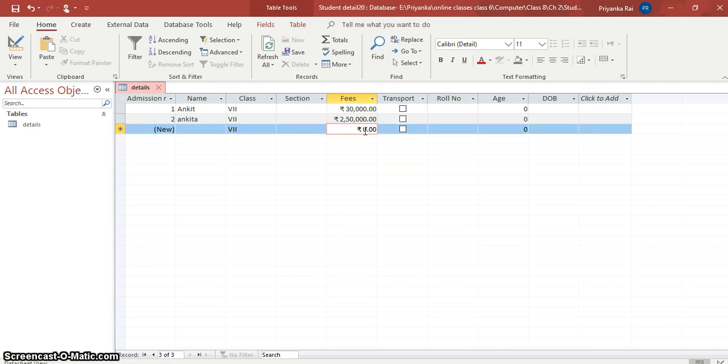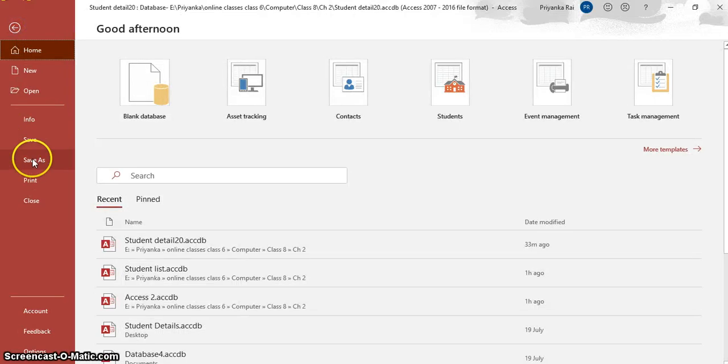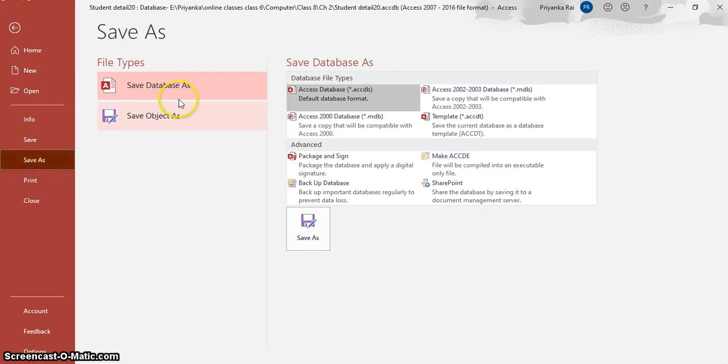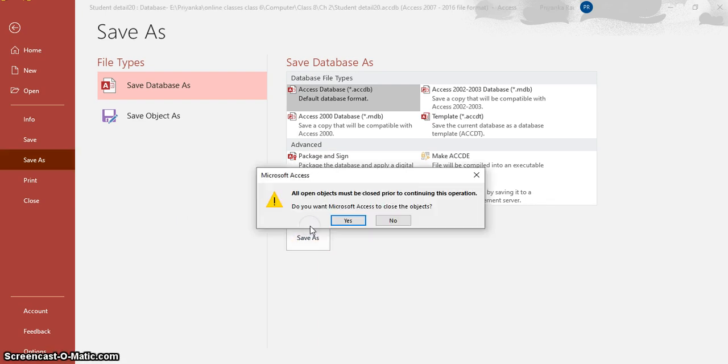Now saving and closing the table. How can we save and close the table? We have to click on the save button, or we can click on file, save as, then we can save it. We can name the table, or if we have earlier named it, then we just have to click on the button save as.